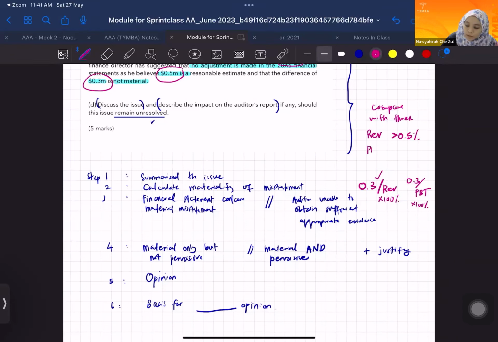When you compare with PBT, if you get more than 5%, therefore it is material. And if you compare with total asset, or you divide by total asset, if you get more than 1%, therefore it will be considered as material. Okay, so 0.3